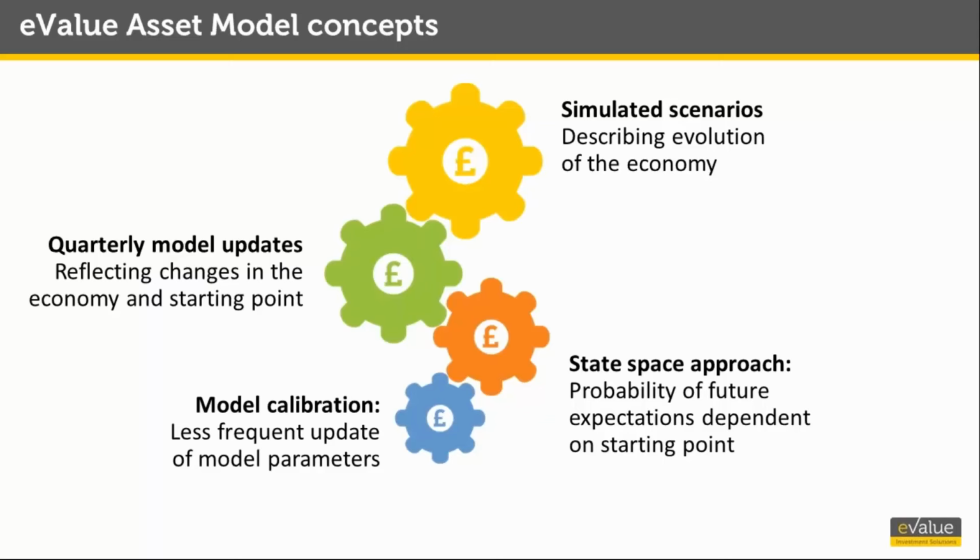Finally, just 4 key concepts and where they fit in with this update. We have a model calibration, which are the parameters that are fitted to the economic models. We update these annually. We're not updating that this quarter, so they stay the same. But we use a state space approach. That is, the model develops time period on time period from where it ended up in the previous time period. Critically, it develops from now. So we need to take the starting state of the economy into account now, which is why we update them